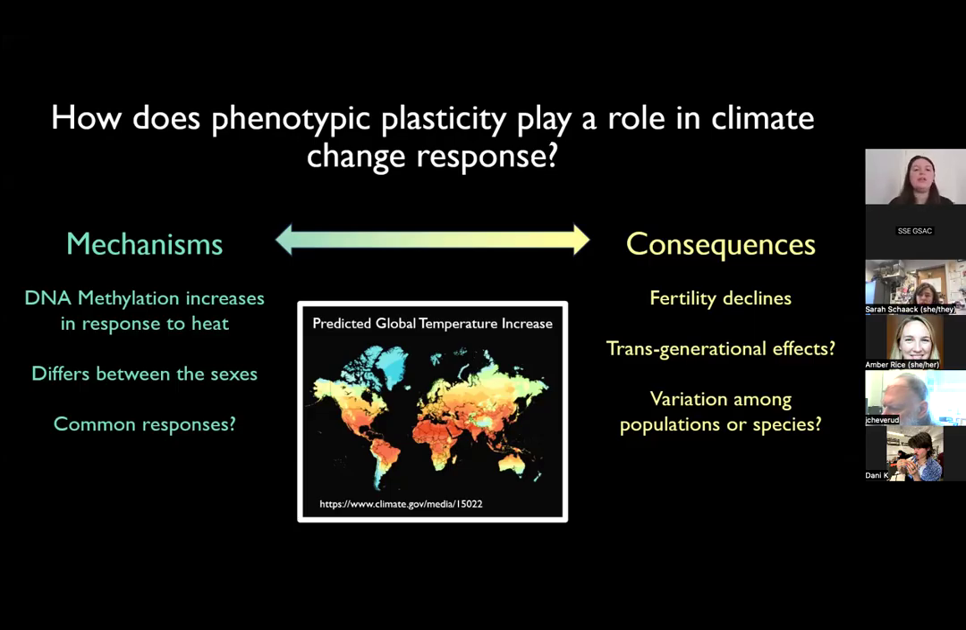So we do know that DNA methylation responds to heat. We've shown that it differs between sexes, at least in the European corn borer. But are these responses common? It's too early to tell. We just need more data and more species to really undergo this in order to start answering the ideas of